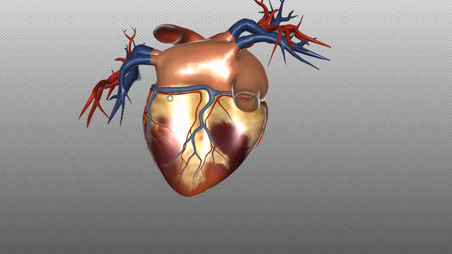A person whose posterior interventricular artery arises from the circumflex artery will be left dominant, whereas if the posterior interventricular artery arises from the right coronary artery, then they'll be called right dominant. In the majority of people, the posterior interventricular artery arises from the right side, but in some patients, the posterior interventricular artery